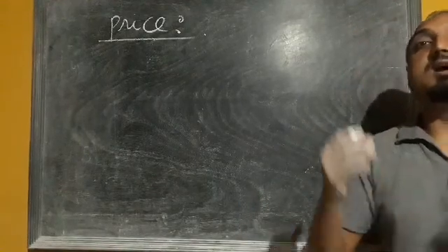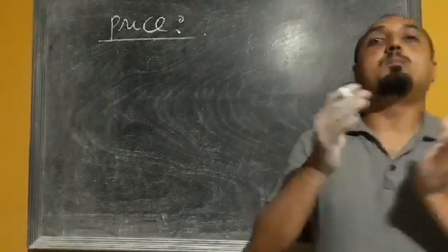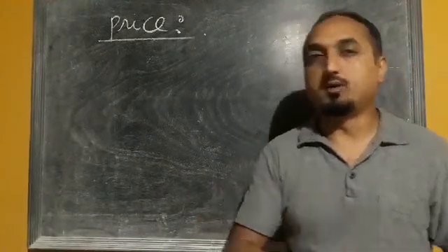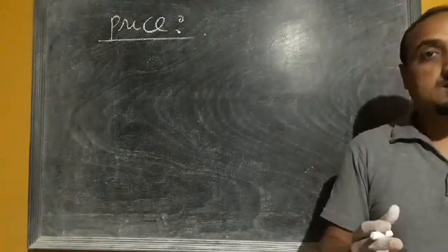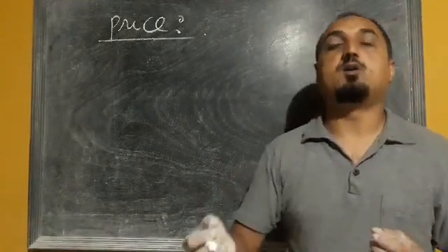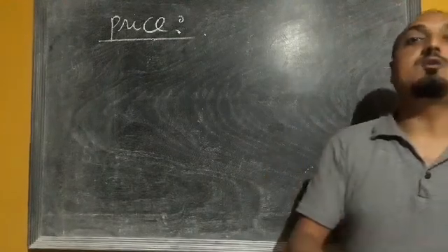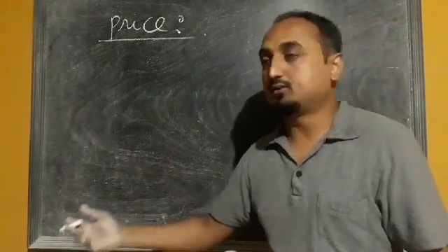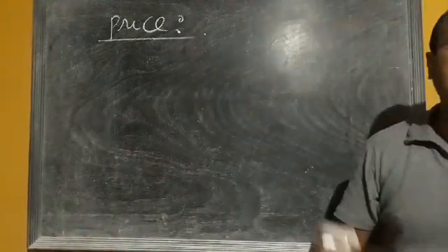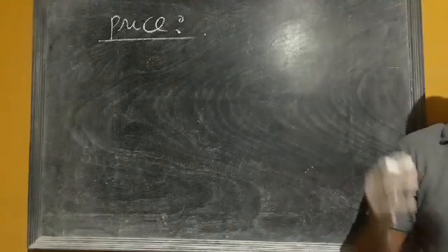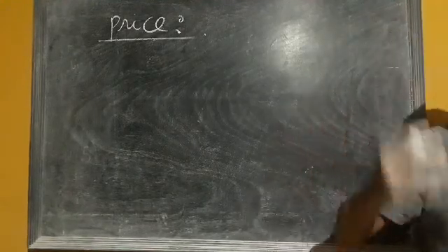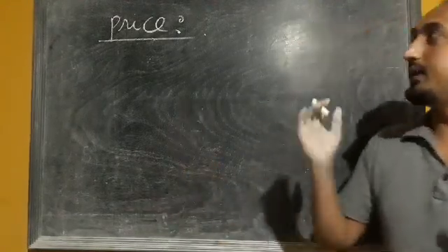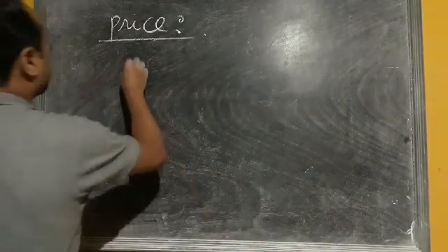Now how to define price? Price is the amount of money or the unit of money that we pay for getting any commodity. So I'll define price. Price refers to the amount of money or the unit of money that we pay or that can be given to get any commodity. So that concept is called price. Now the next question we have, in order to get anything or in order to purchase anything, we need to pay price. So price is always expressed